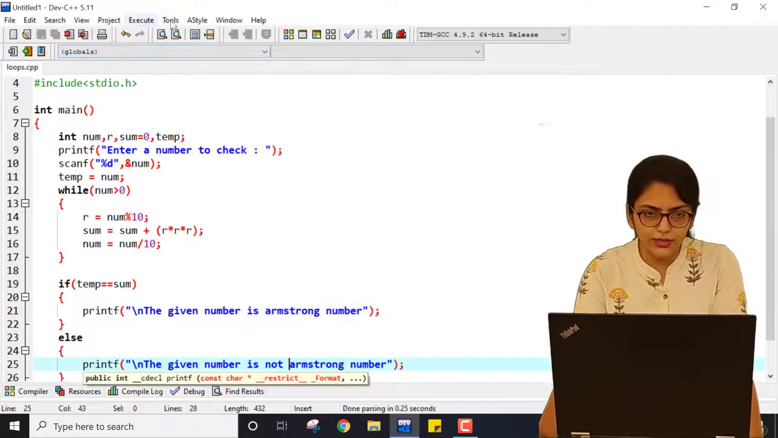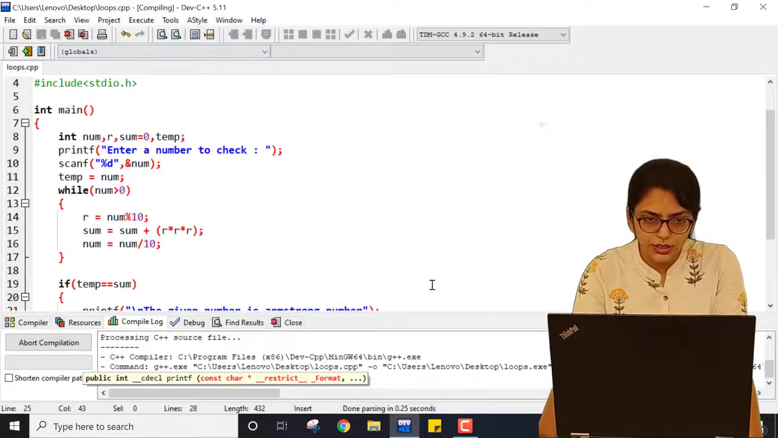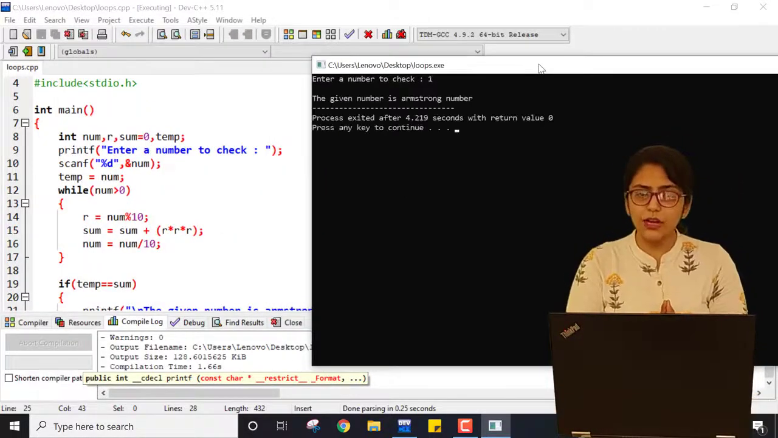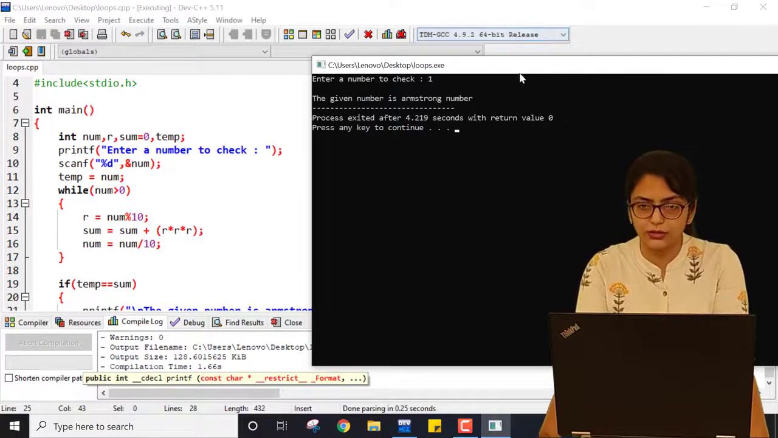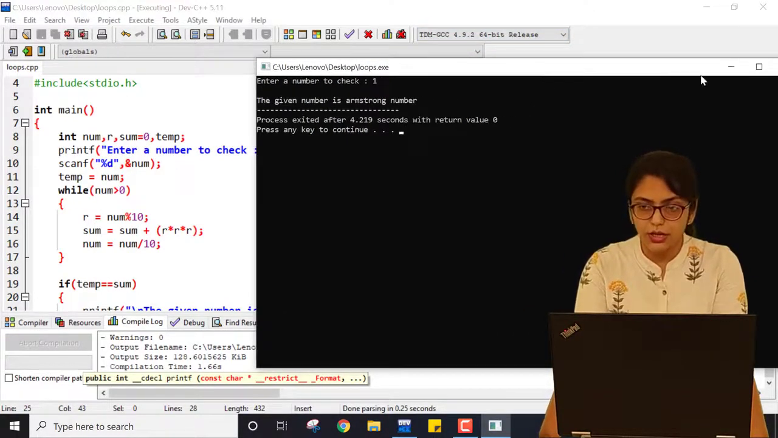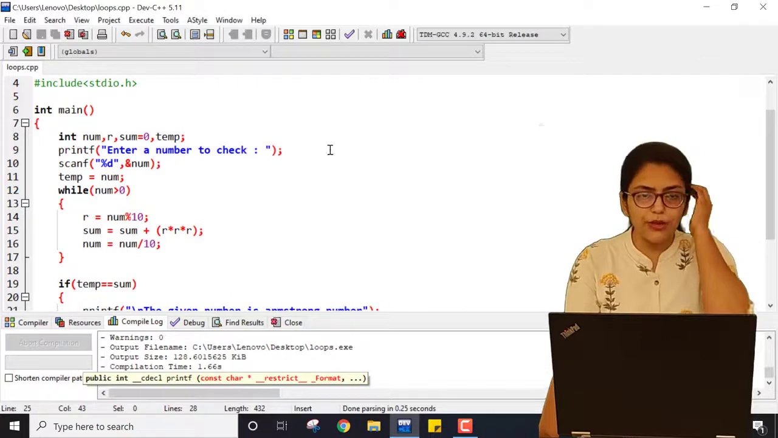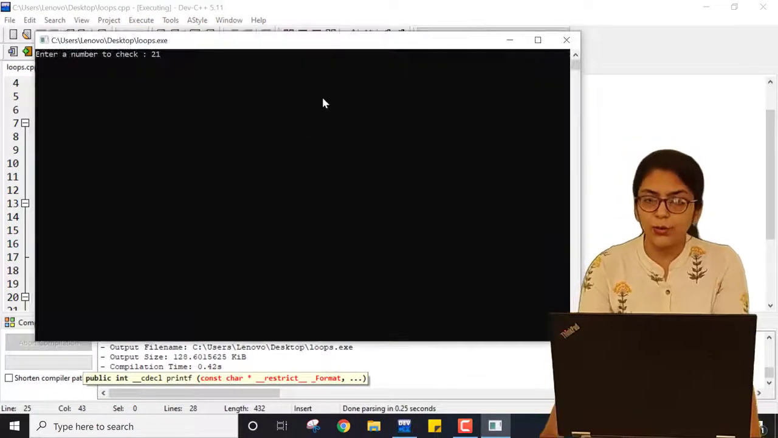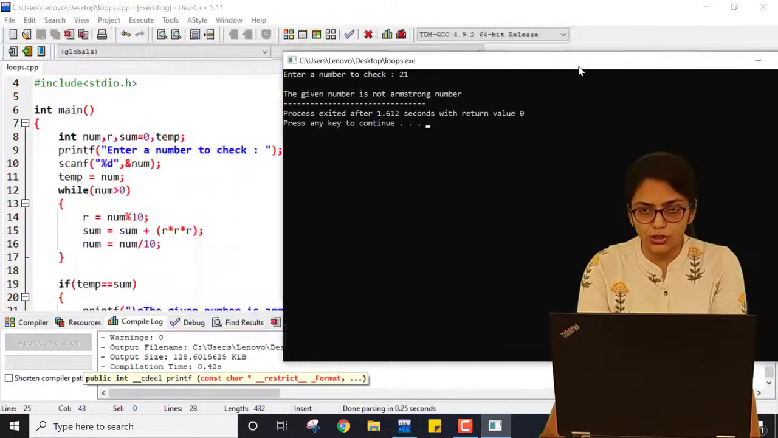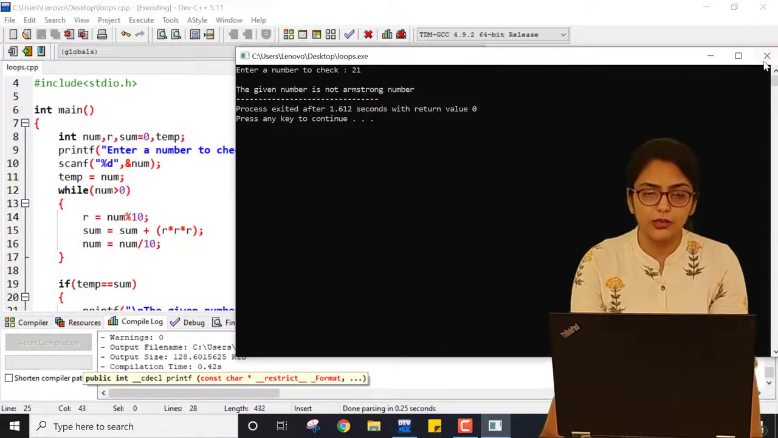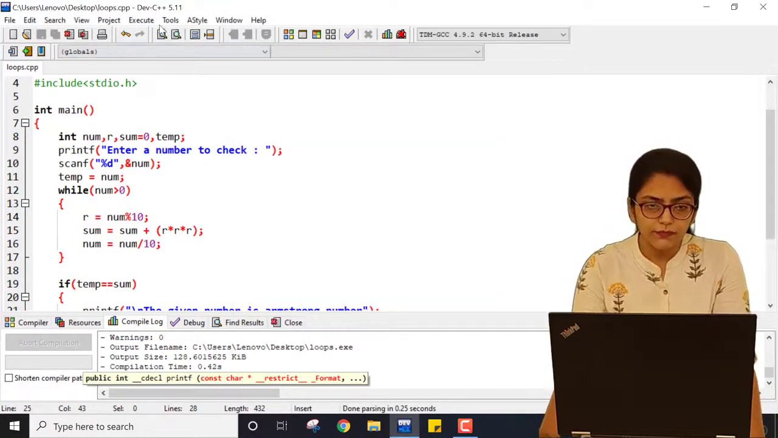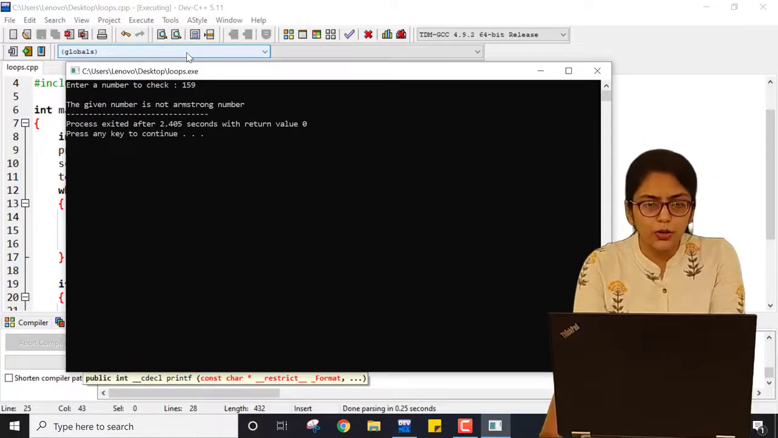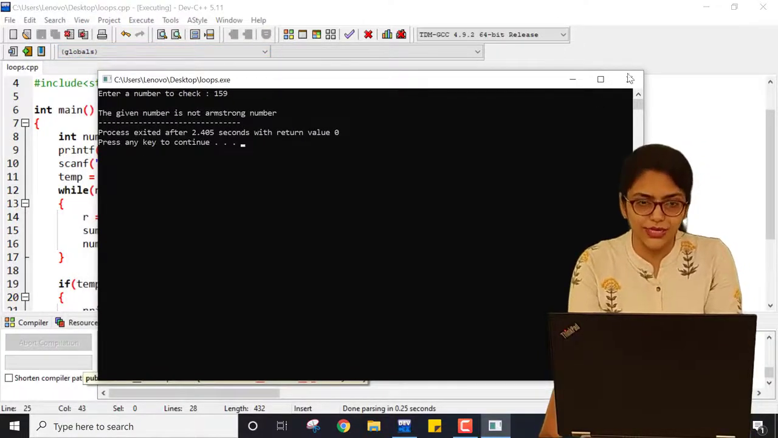and here if I just compile it and execute it, it is asking me to enter a number. I am just entering 1. The given number is an Armstrong number because I have already shown you that 1 is an Armstrong number. Now if I enter another number, say 21, then 21 is not an Armstrong number, as you can also calculate using simple math. If I execute it again and enter 159, you can see it is not an Armstrong number,